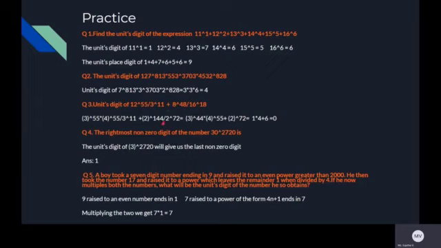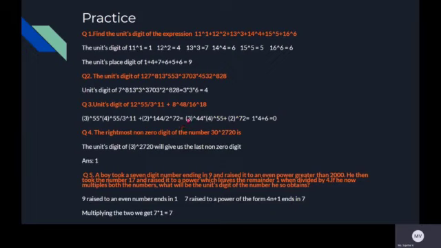Okay, simplification. I hope you know how to simplify these powers and identities and all that, right? So 16 raised to 18 will become 2 raised to 4 raised to 18, which is 2 raised to 72. Okay, now I can cancel out. 3 raised to 55 by 3 raised to 11 is 3 raised to 44, into 4 raised to 55. So the denominator is gone. Similarly here also it becomes 2 raised to 72 only, right?